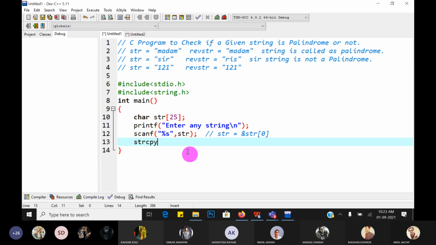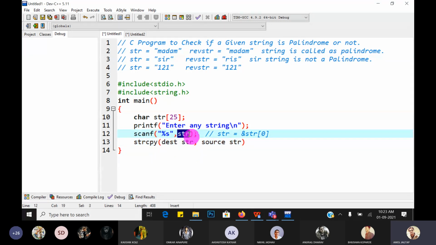Now, in the string copy function, always remember, the destination string is the first argument, comma, the second argument is the source string. So which is the source string? str is the original source string. So here we pass the source string as str. Which is the destination string?